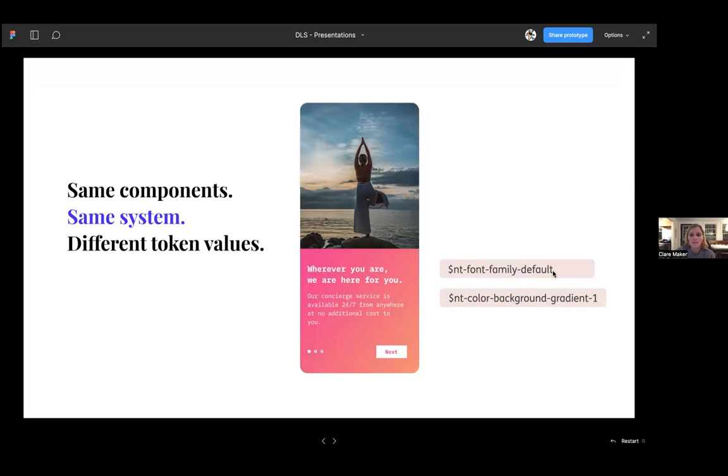When we change the value of the token, we're not changing the system and we're not creating new components. So it's a very light way to get a completely different look or brand by changing tokens at the JSON level in our JSON repo, to create a whole other brand, but still staying on the same system.